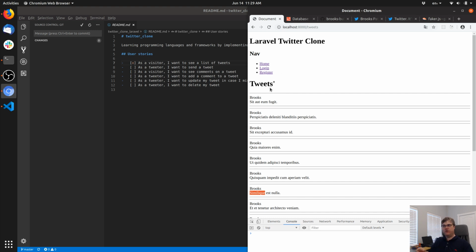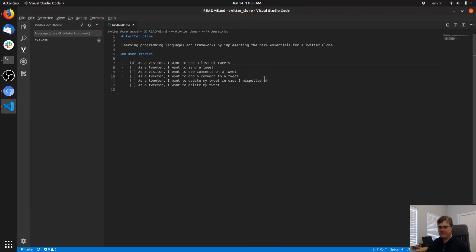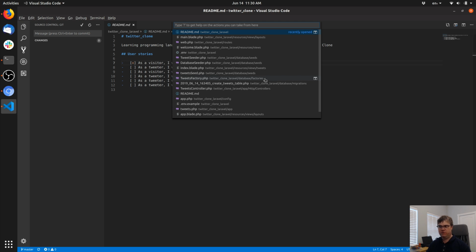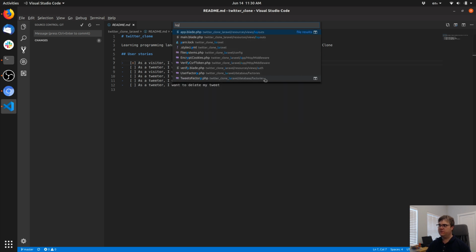I'm thinking we're in this tweets section. We can create a navigation item here. When we're logged in, we're allowed to see a link to send a tweet, and that sends us to an actual tweet form. So back to here, let's go into our layout